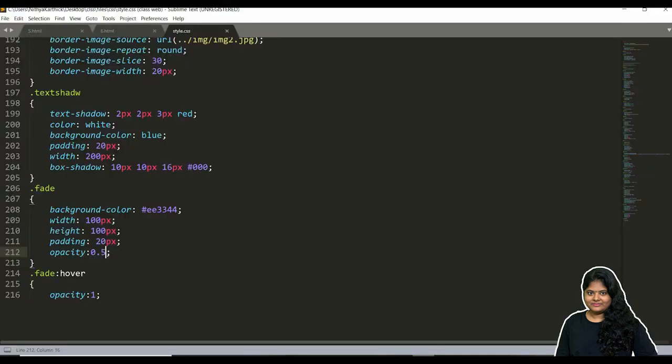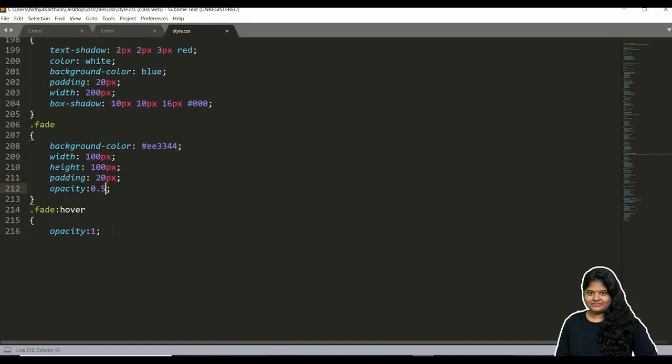Now grow. For grow, this is the same for all, so I'm just copying this. Dot grow. Without any transition, the div will be like this.